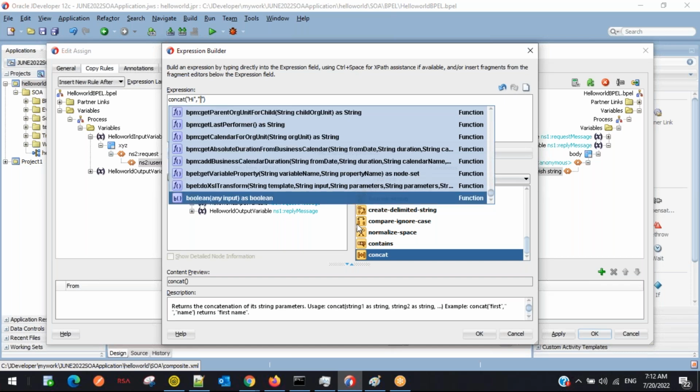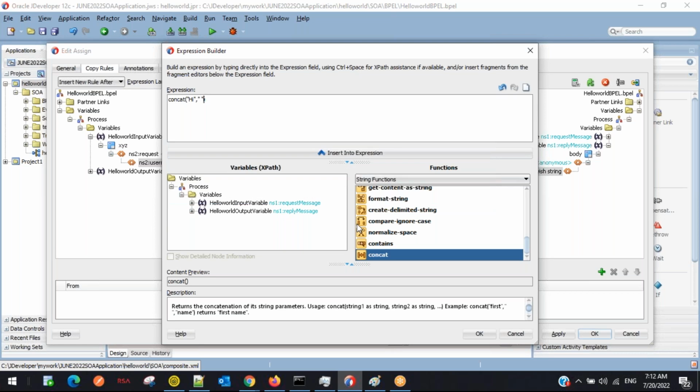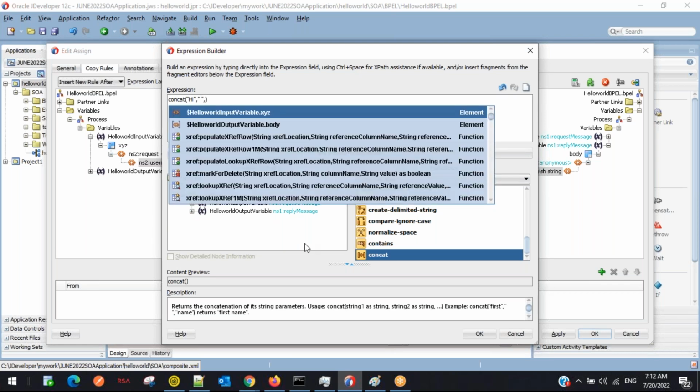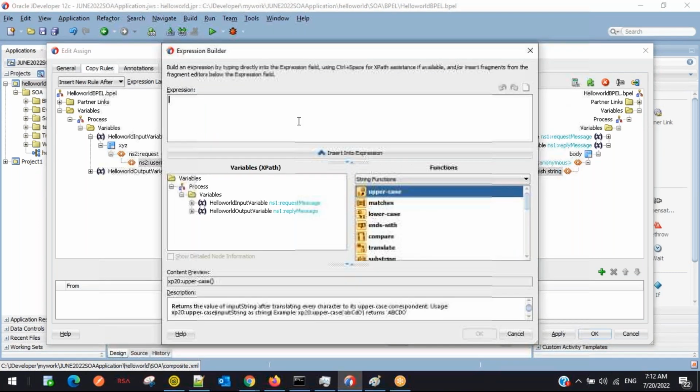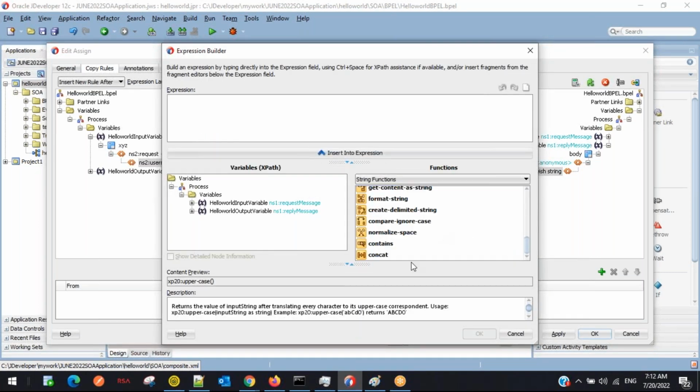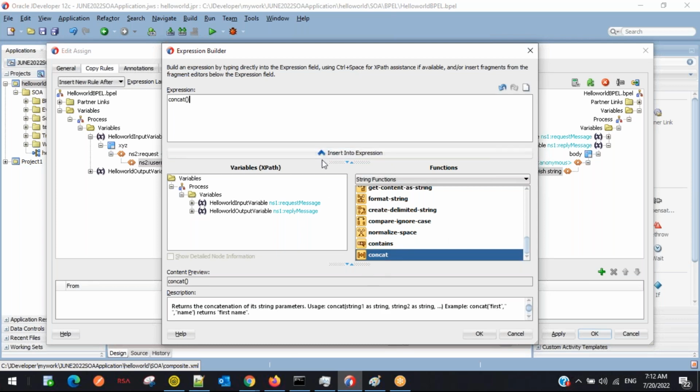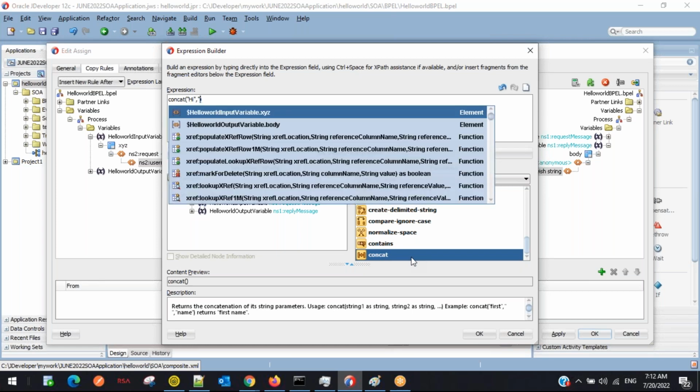And then comma, what we want to concatenate with, oh sorry, we want to concatenate with the input username, correct? Yes, sir. Hi, comma, white space, comma, and I want to go for